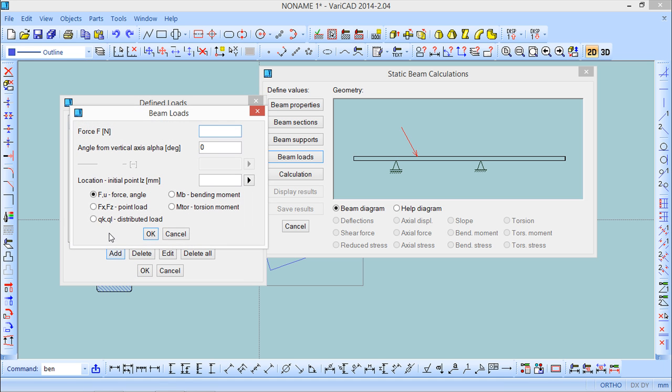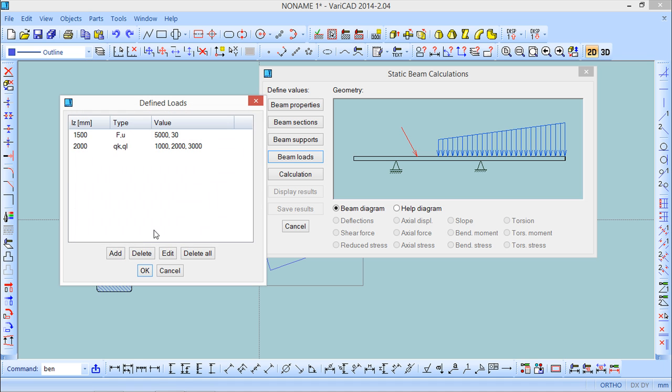Now I can give, for example, distributed load, for example, 1,000 newtons meter. Linear, I can say 2,000. For example, I can give here from the 3 meter and initial point, I can say, for example, 2 meter,